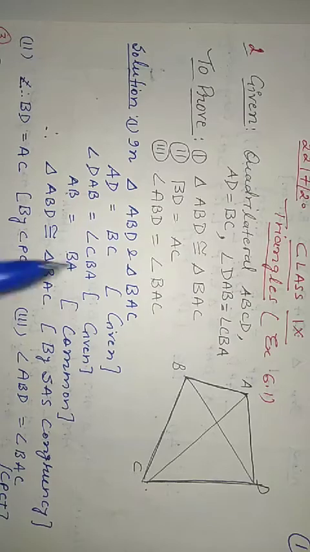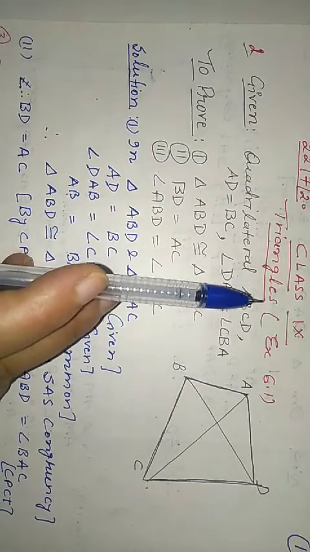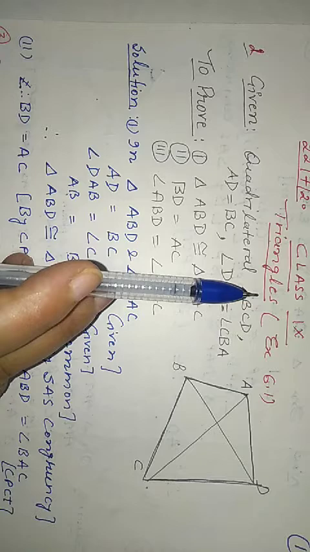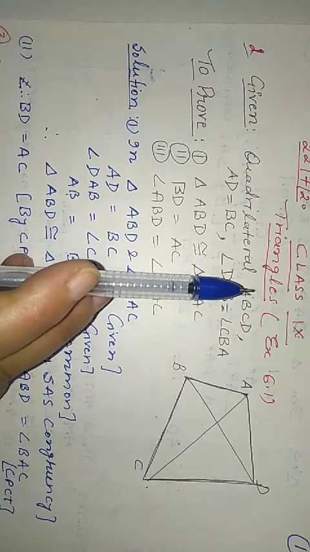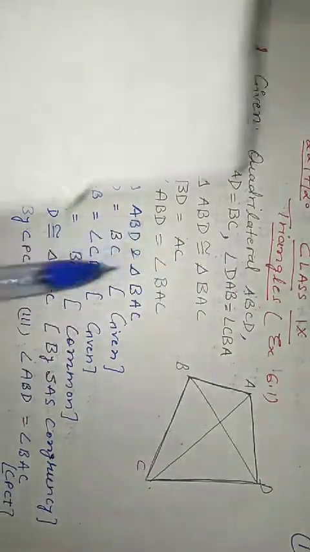Hello everyone, today we are going to discuss a new chapter, triangles. Here we have congruent triangles. Two triangles are said to be congruent if they have exactly the same shape and same size. In a congruent figure, one of them can be made to superimpose the other, like these two.